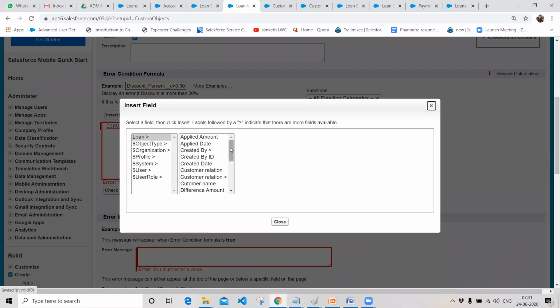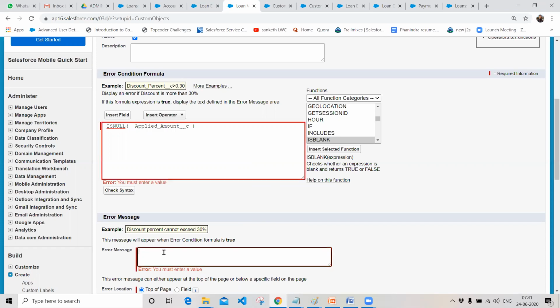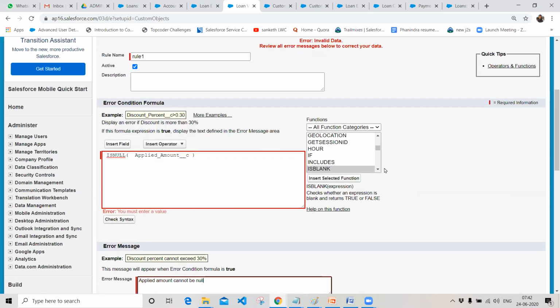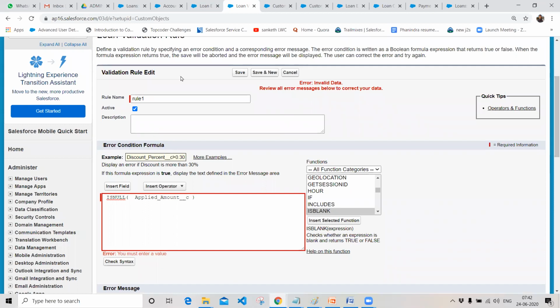If the applied amount is null, I want to throw an error message like this: applied amount cannot be null. So whenever you click on new in the validation rule, this page will pop up.